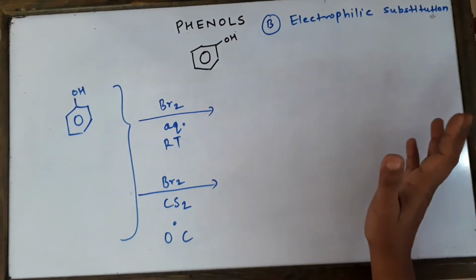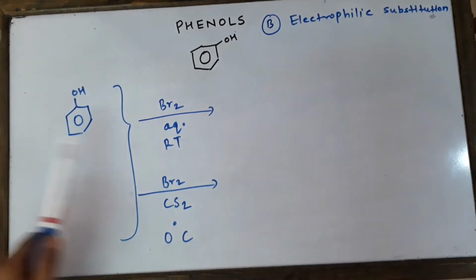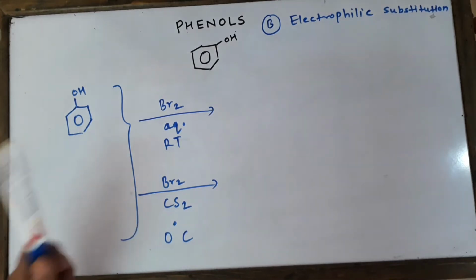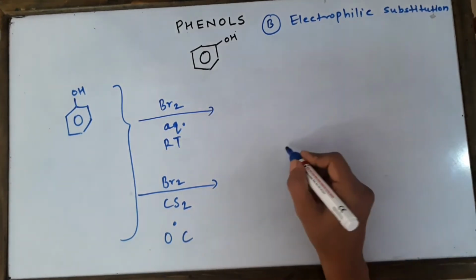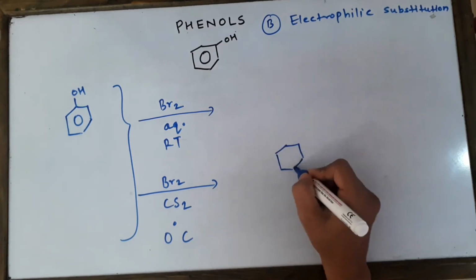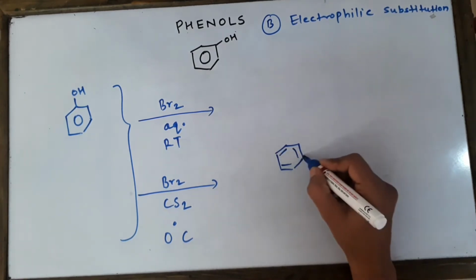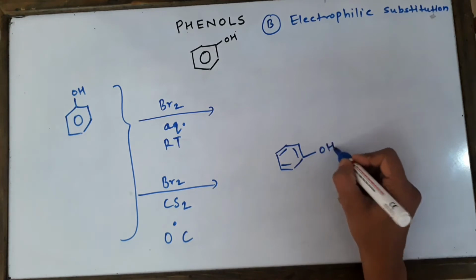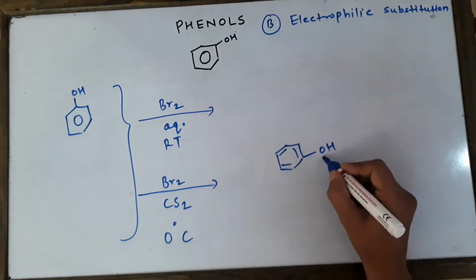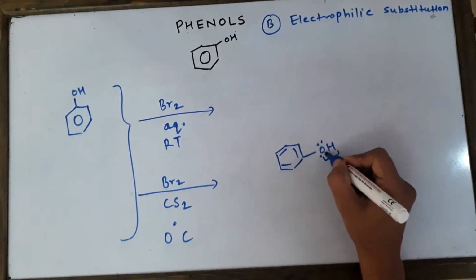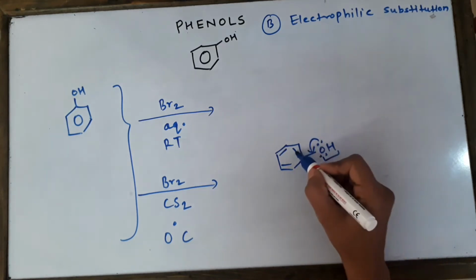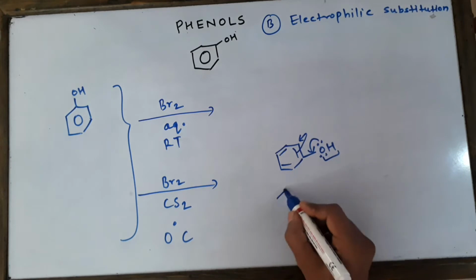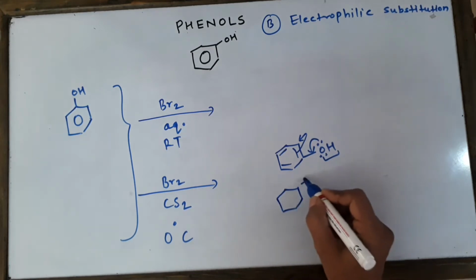From class 11th you have been studying this, and before we start with the reactions, every time we are going to discuss the compound, its nature. Let me discuss the nature of phenol. Phenol is a derivative of benzene, first of all, and the OH group is going to be an electron donating group because it has a lone pair on the oxygen atom. When these lone pairs are donated, the ortho position becomes quite electron rich.